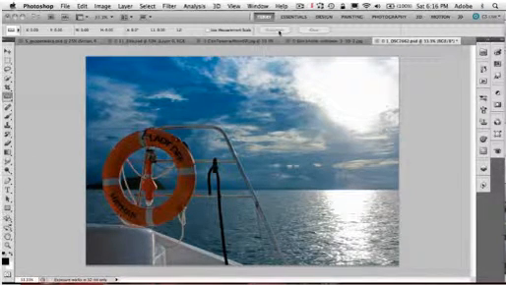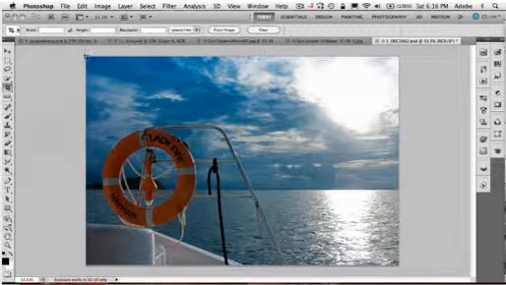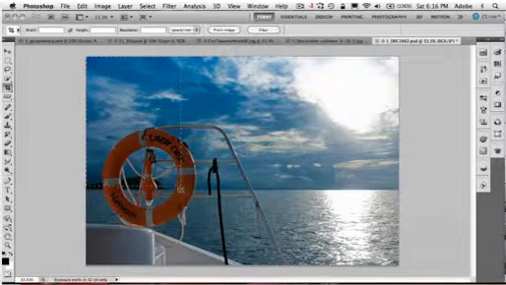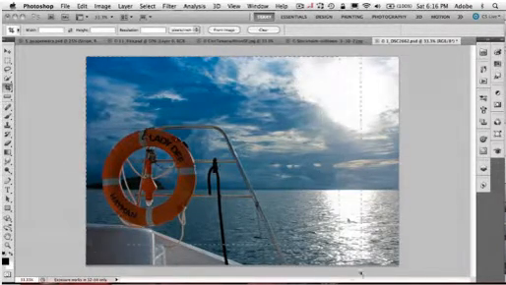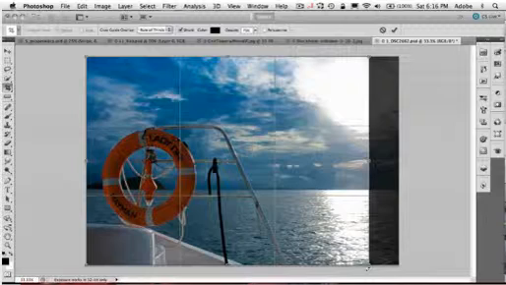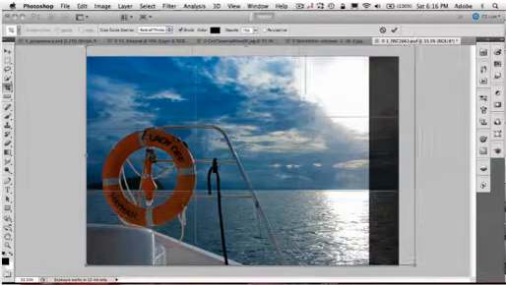Now, speaking of cropping, let's go to tip number three. We'll grab our crop tool and we'll just go ahead and drag out a crop. Now, you can make the crop any size you want, but the problem is you could never go beyond the actual image, at least not in the first pass. Once you let go and you've got your crop rectangle there, you can now drag the handles beyond the actual